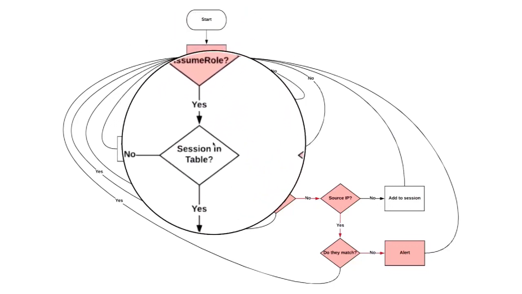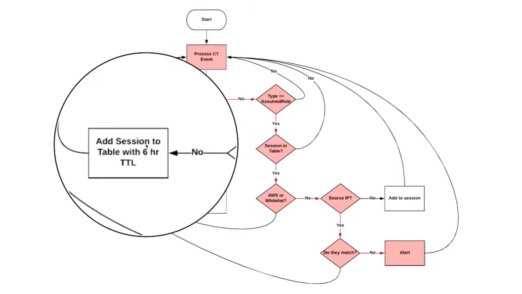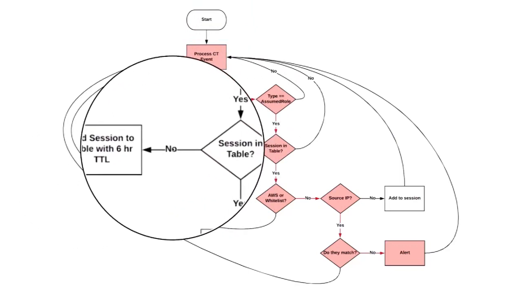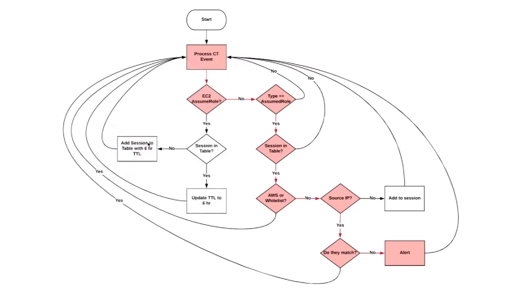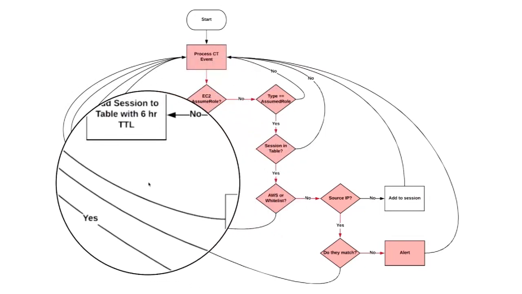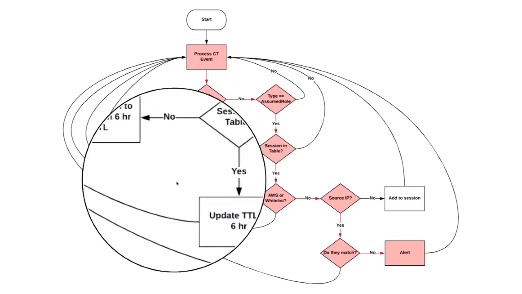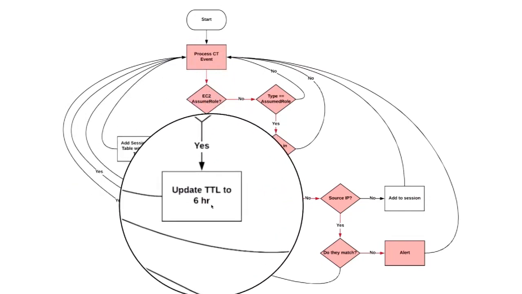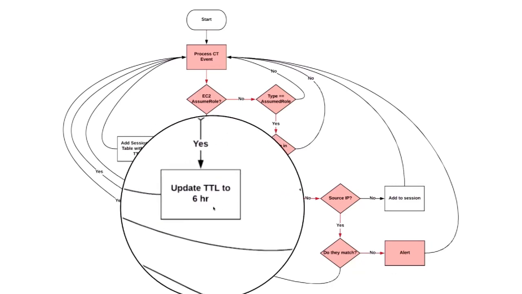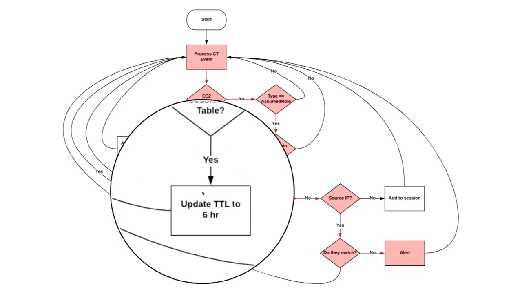As we see that, we're going to look into our table and say, do we have a record of this already? If not, then we're going to go add it. We're going to add a TTL for 6 hours. And that TTL is really just going to allow us to clean the table up automatically in the DynamoDB fashion. If it's already in the table, then we know that that instance is still up, that role is still being used, and we're just going to refresh the TTL. So you can continually update. If you look at the table after the 6 hour window, you would know every session credential issued for your